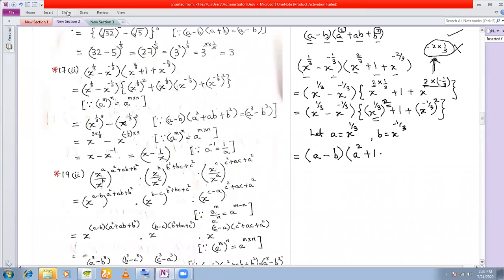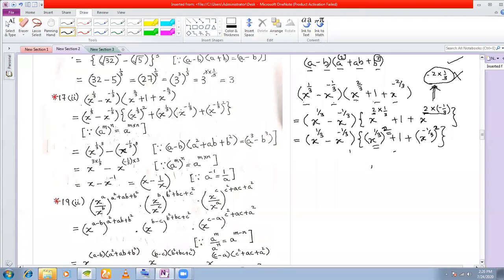or maybe later I'll do this because 1 has to be adjusted. Let's see if I can adjust 1. Now see, I have got my a minus b. The only problem is whether this one is ab or not. Let me check. X to the power of 1/3 whole square. So if I take this as my a, this as my b, this becomes my a minus b.